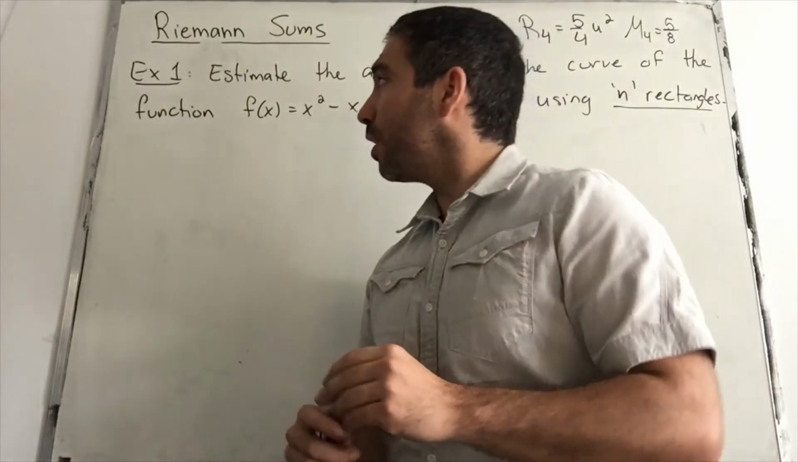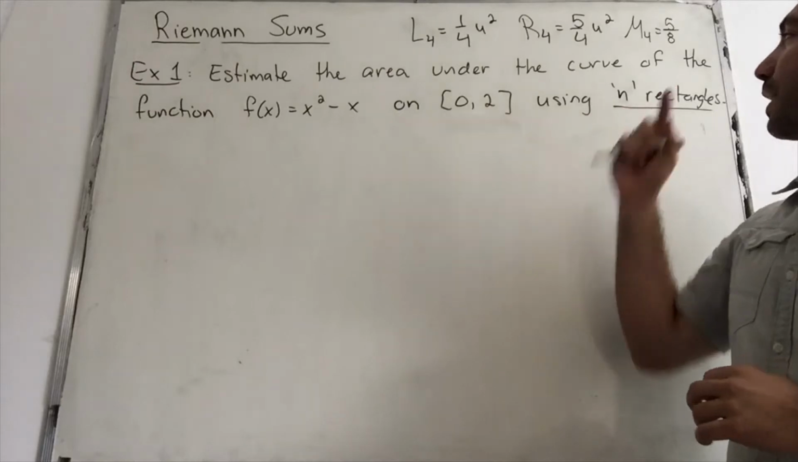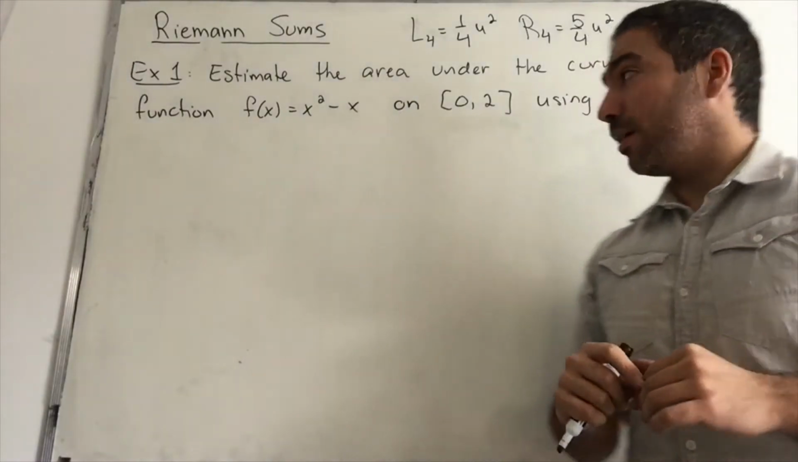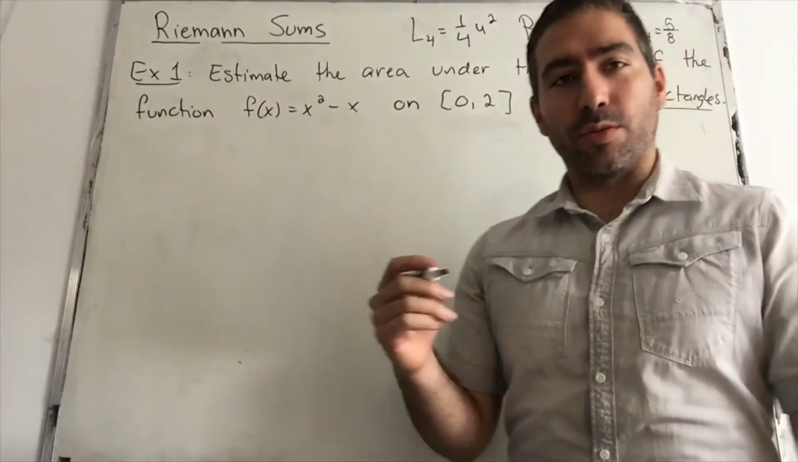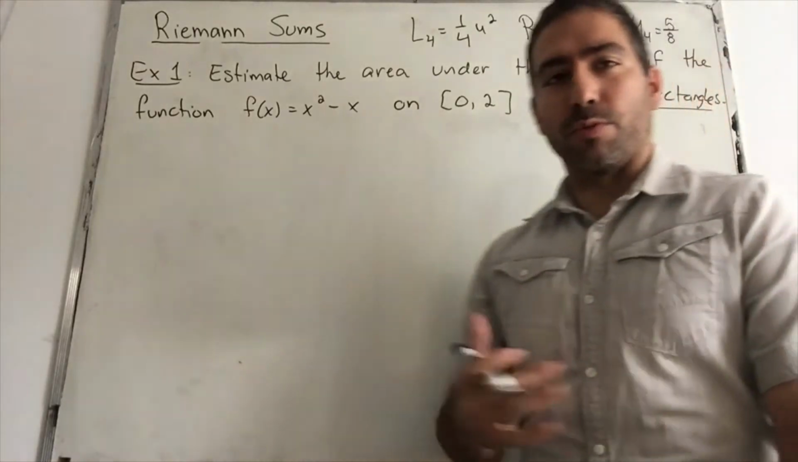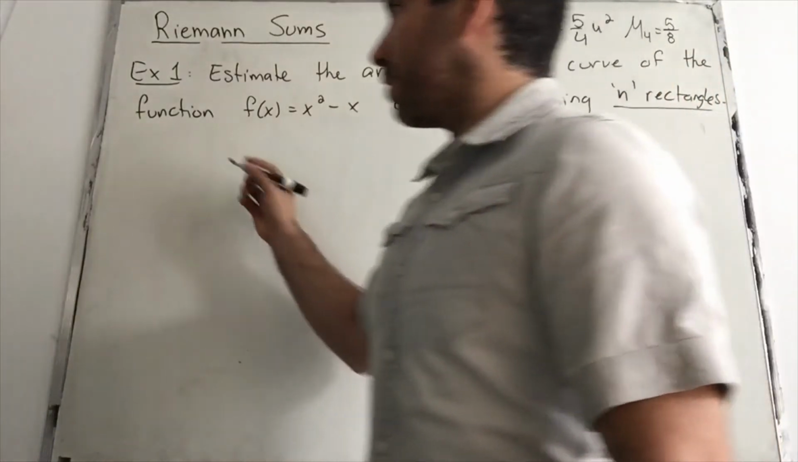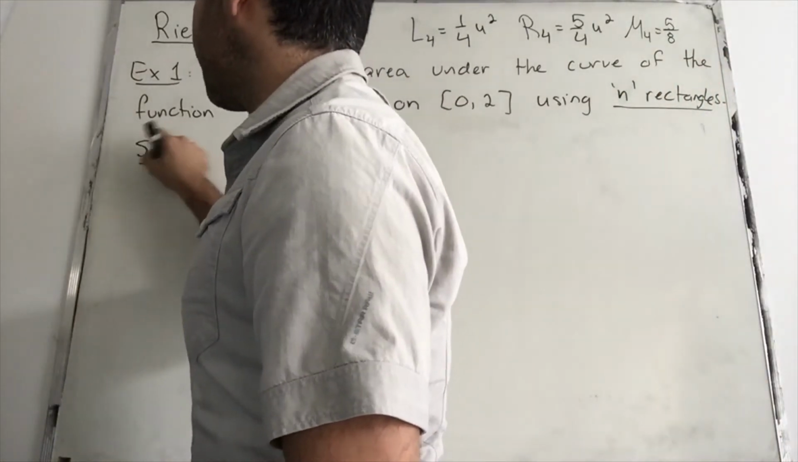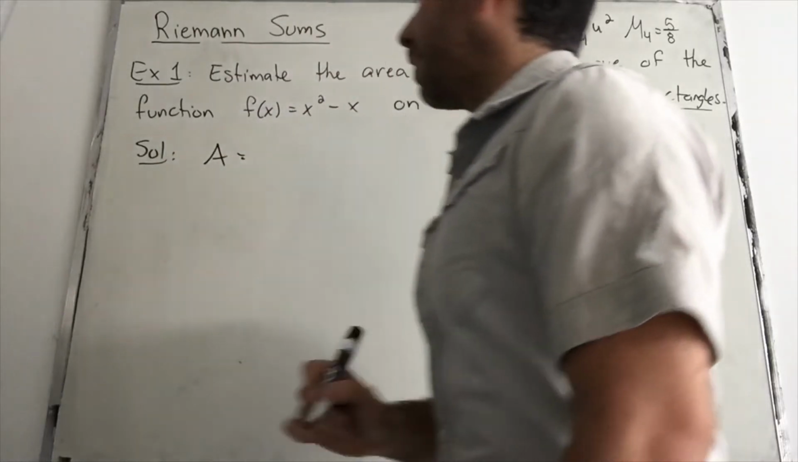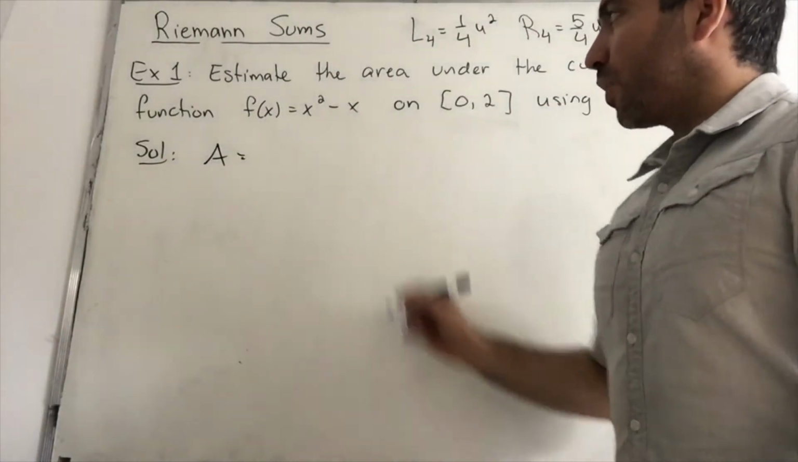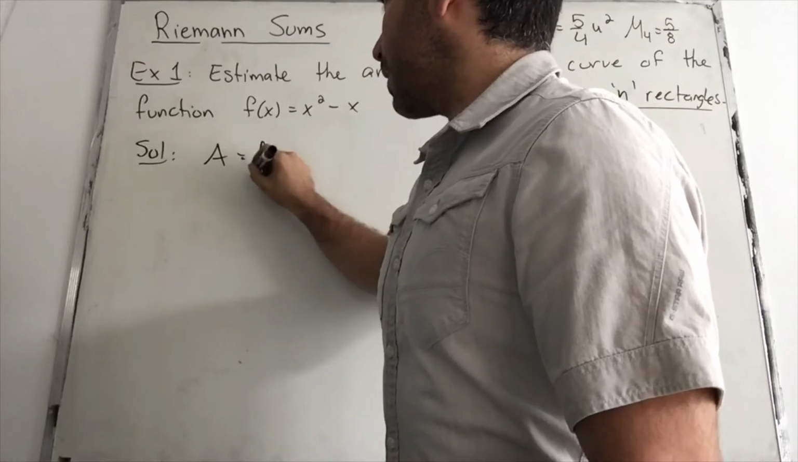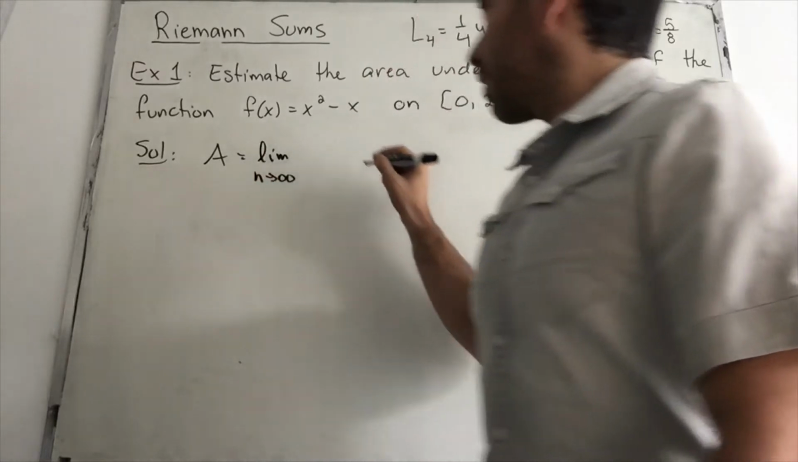So how are we going to do this? Well, we're going to take the rectangles to be n, and we're going to take the limit as n goes to infinity. You can use left endpoint or right endpoint, it doesn't matter. I'll use right endpoint. Okay, so the solution. We want the actual value of the area. So we're going to use the limit as n goes to infinity